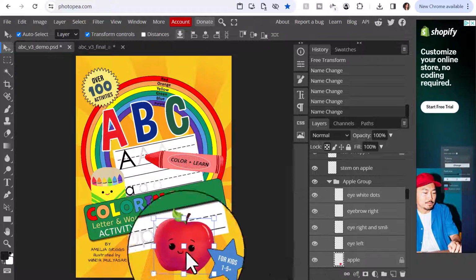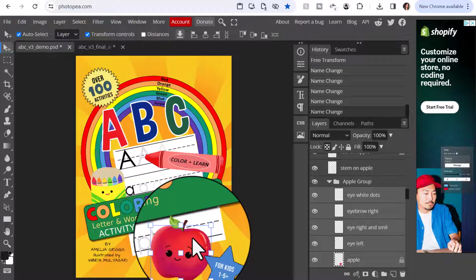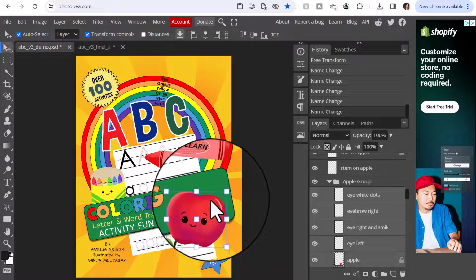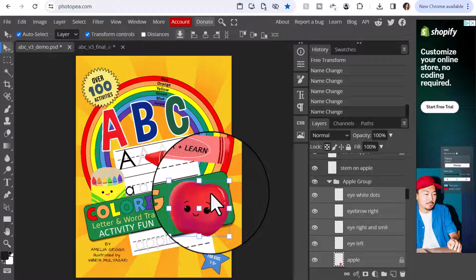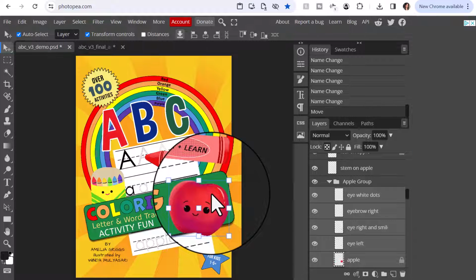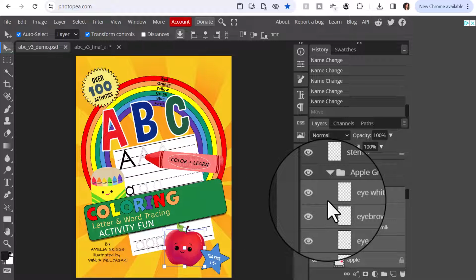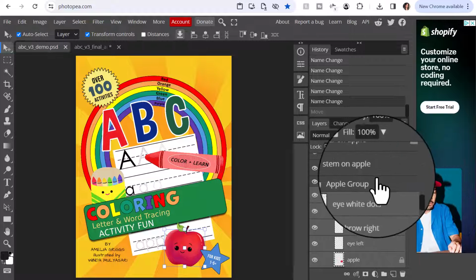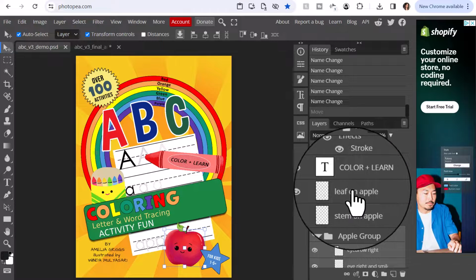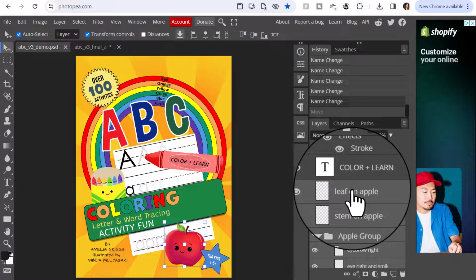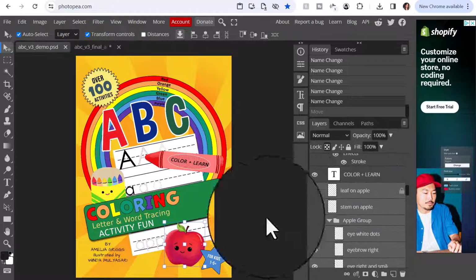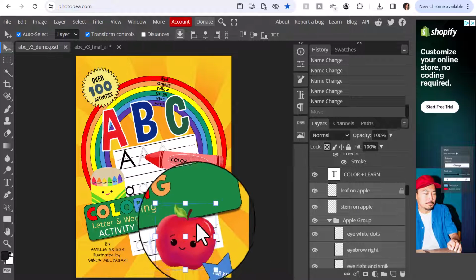Okay, so now if I take hold, it's everything except the stem and the leaf. So let me grab that so it's just easier to move everything. Okay, so in addition to those layers, I'm also going to hold the Shift key down. Okay, and now everything is selected, the leaf and the stem. Now when I move it up,